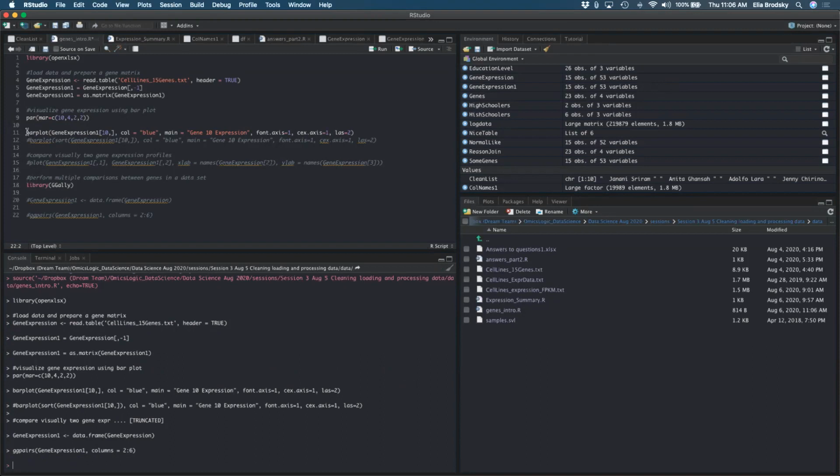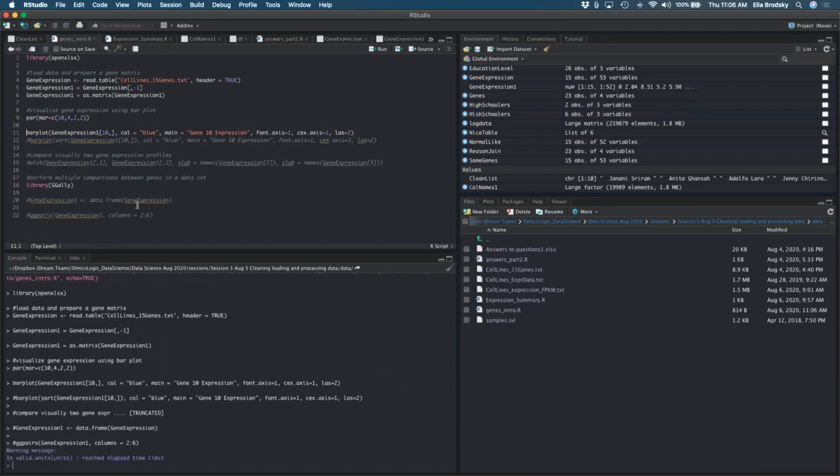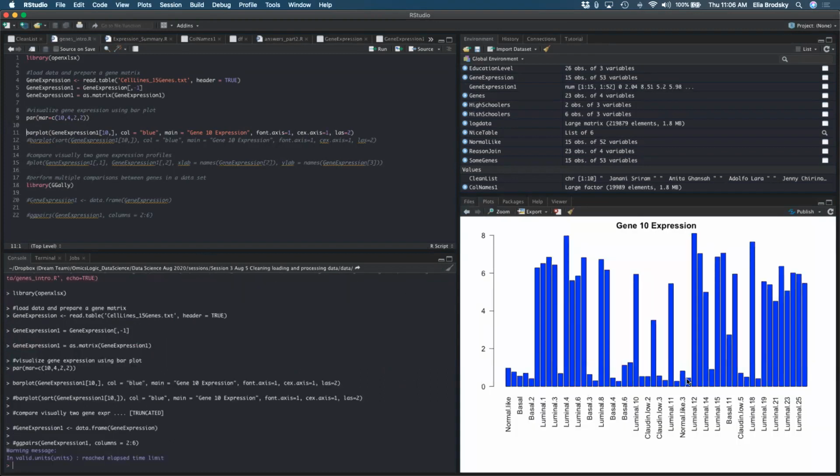Okay, let's just do this. All right, so I get this bar plot. Did everyone get this for yesterday? I think we briefly went over it, but just to make sure, did everyone get this? For those of you working in RStudio, were you able to see this kind of plot?